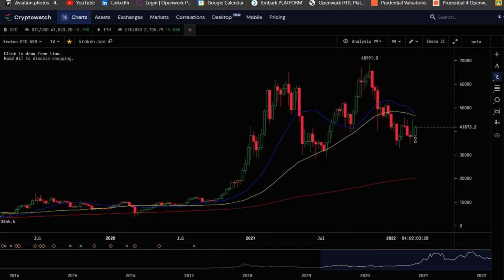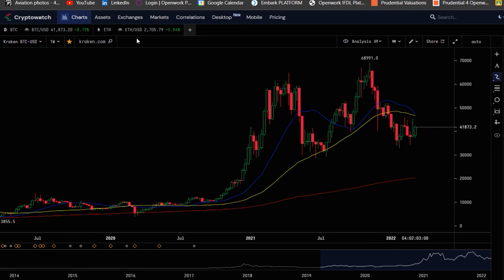Again, so far this week, we've had a good, nice up week, but we're still within this range. We haven't broken out of this range, and we're still forming bearish consolidation going sideways below the 50 MA, which has now turned downwards, and below the 20 MA, which is also showing us the same formation.